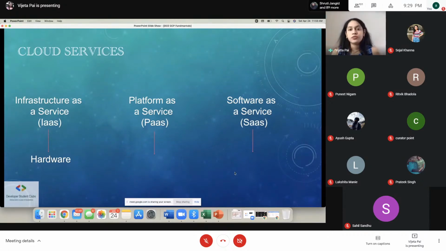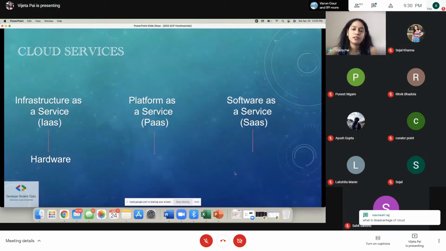So, for example, you want to rent out a house. You're given an entire space. Basically you go and it's a completely unfurnished house. You're just given a space. You have to buy your own light. You have to buy your own fan. You have to buy your own furniture, your bed, your sofa. That is the concept behind infrastructure as a service. The infrastructure, or the virtual private network, VPN, for example, is provided to you, and everything else is so customizable. You can buy any kind of, for example, lights, fans, or bed when it comes to a house. And when it comes to Google Cloud or a cloud provider, you can customize it the way you want to. I'll just show this in an example in some time, so just keep that in mind.